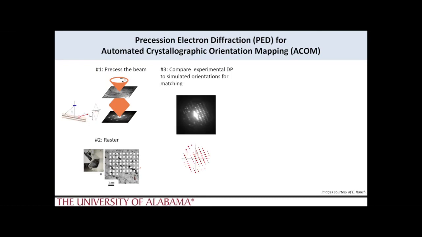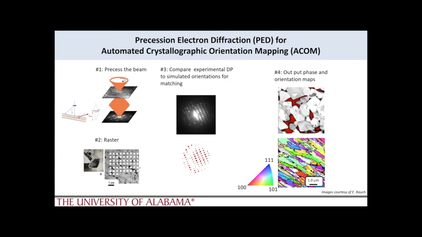You then take the diffraction pattern that was collected and compare it to a template that allows you to identify the orientation and also the phase of the structure. With that, it generates what is called, and the terminology is still developing a lot in the field, PED is kind of the method of collecting the data. But once we collect it and identify those patterns, one of the names we're becoming more familiar with, for example, is automated crystallographic orientation mapping, or ACOM. And that allows us to determine the phase,